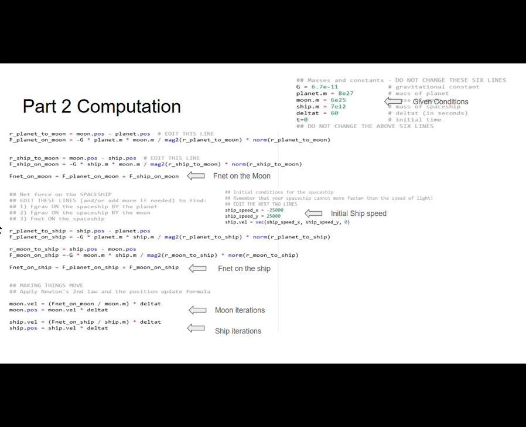Here we have the computational model for part 2. The most important parts were finding the net forces for the ship and the net forces for the moon. To get these, we had to compute each force individually. We first set up the equations to solve for the force of the planet on the moon, the force of the ship on the moon, the force of the planet on the ship, and the force of the moon on the ship. By combining these forces, we were able to iterate the position and velocity of both the ship and